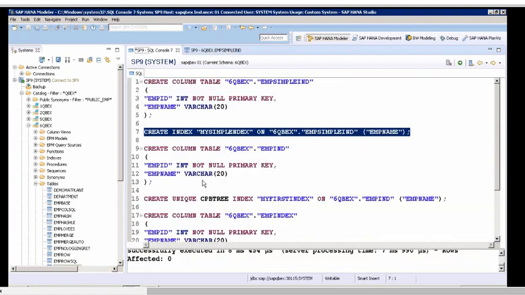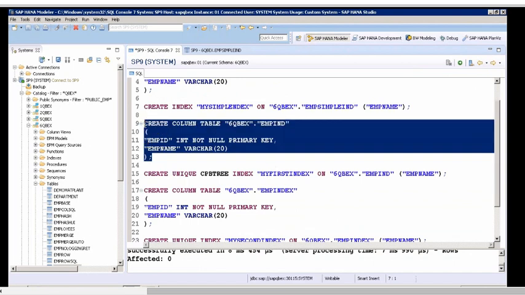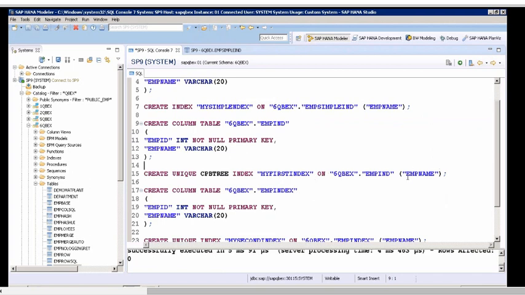And next, I'm just creating one more table. Now I want explicit control over the index I'm creating on EMP name. It has to be a CPB tree, and I want it to be a unique index also. A unique index is unique only when unique values are maintained, and in a non-unique index, duplicate values are also allowed. So I'll say create unique index. If you specify the keyword unique, it is unique. If you don't specify, it is non-unique.